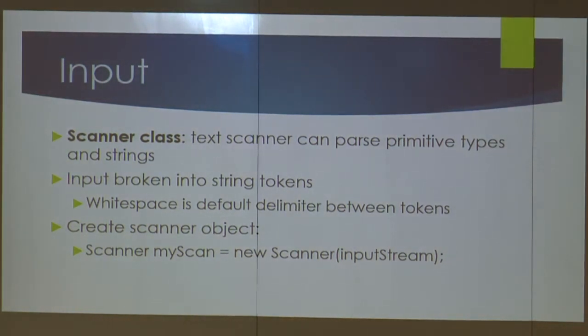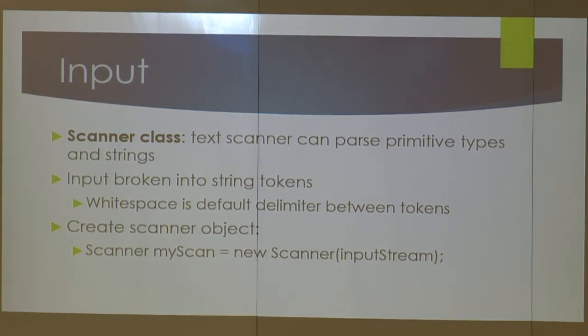So when we're using a scanner on our input, we can consider that the input is broken into what we call tokens, or string tokens specifically. And to delineate what's a token, what's broken up, they're delineated through white space. So if we had a text file that has a bunch of words, and they're all separated by a space like normal, each of those words is going to be considered a separate string token, since they are delineated